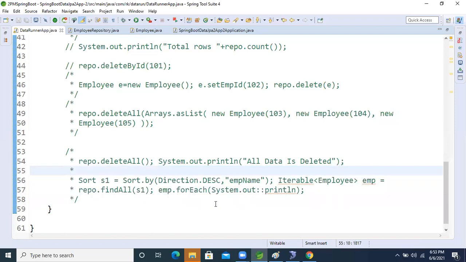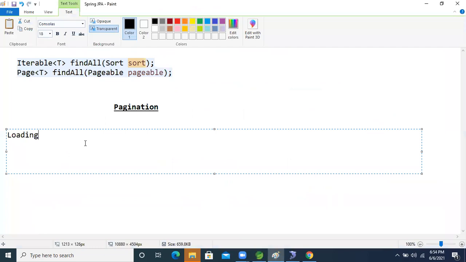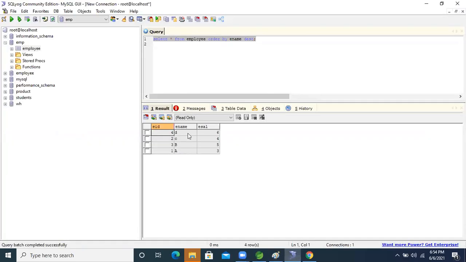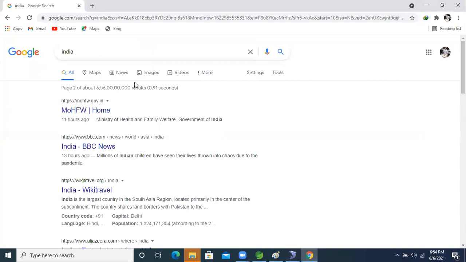Okay, fine now, guys. Let's move on to pagination. All the rows of data will be stored in the database. This is row one, this is row two, third row, and so on. This is row based. If we expose this data in a single page on the client side, the page will become heavy.